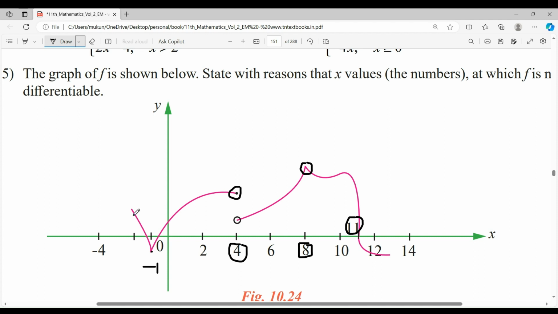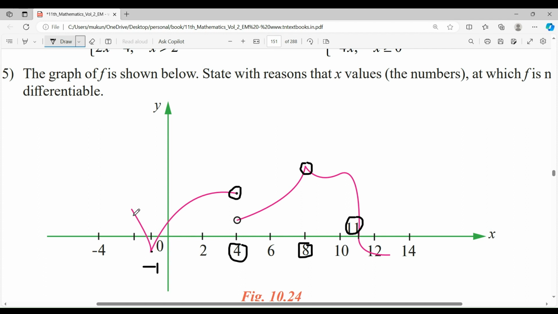We also know that dy dx, which is nothing but your f dashed, the derivative of a function, is also an indication of the slope of the tangent to the curve at a particular point. So f dashed of x naught is nothing but the slope of the tangent to the curve at that particular point x naught. So what happens at this point x naught equals -1